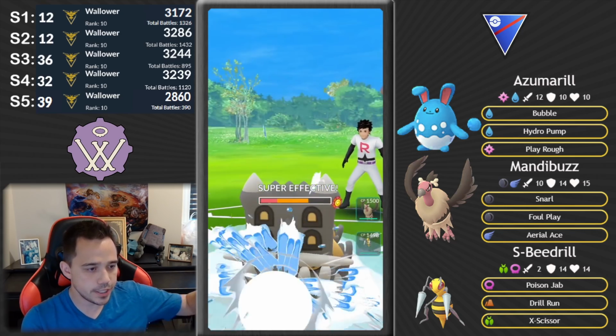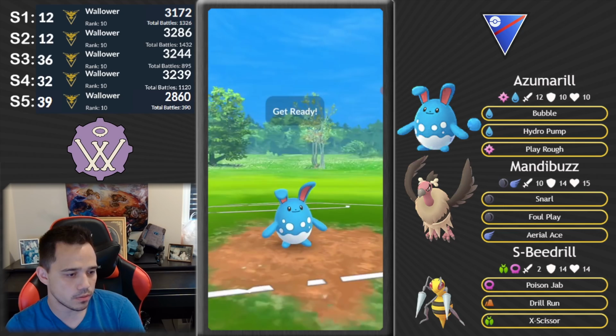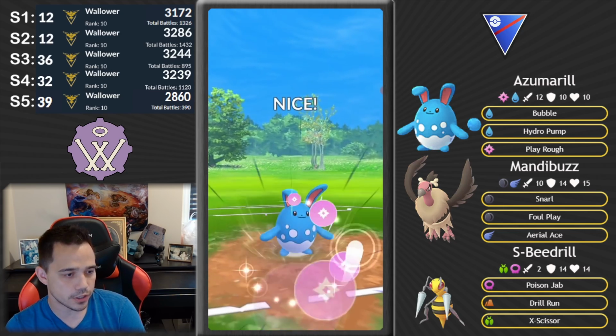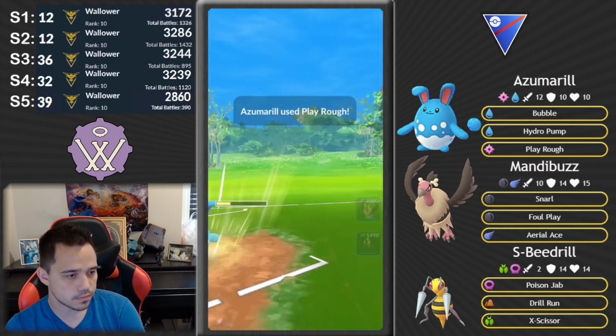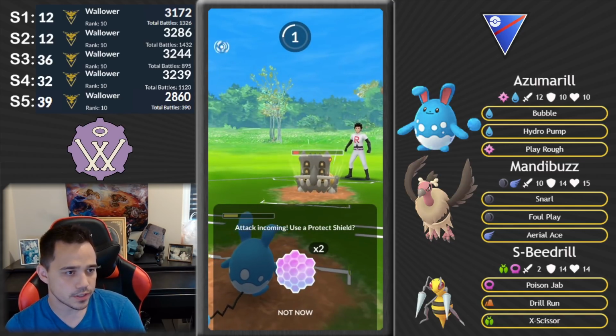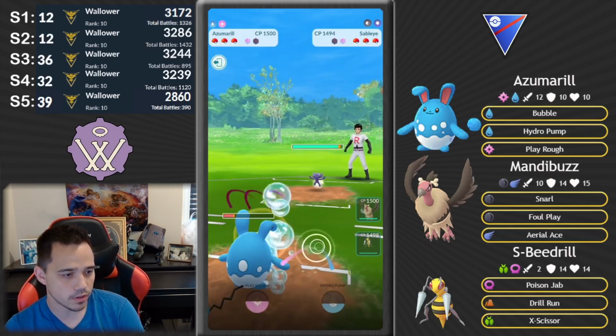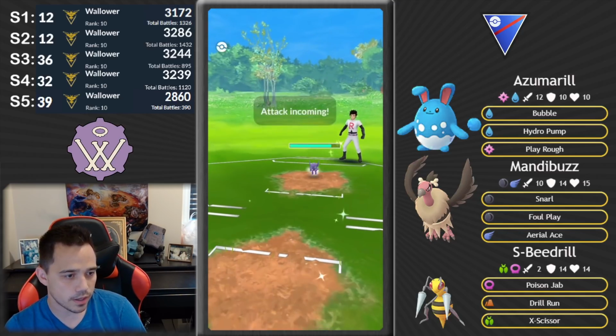Accidentally go over 100 energy there. But yeah, look, this is not how it used to go. I'm gonna throw a Play Rough at the Bastiodon. And they actually shield. So in this case, I'm gonna shield because I don't think I can farm the Bastiodon down from that level. In comes Sableye. I'm going to catch a